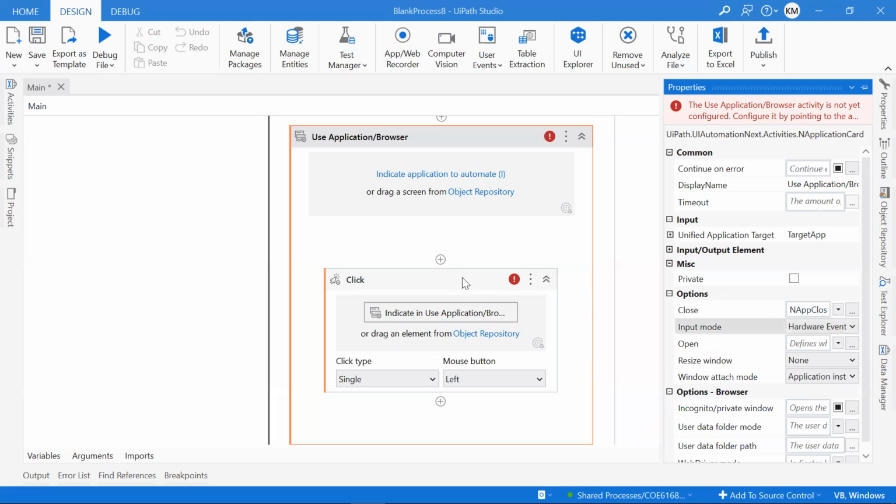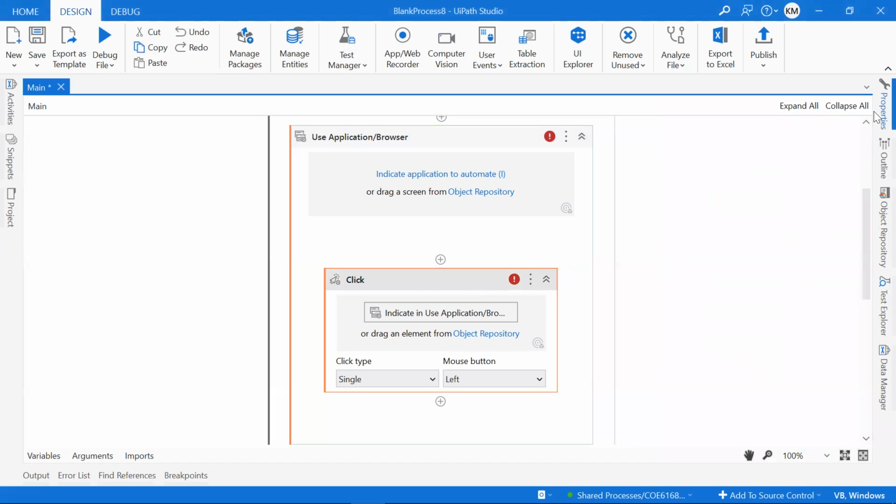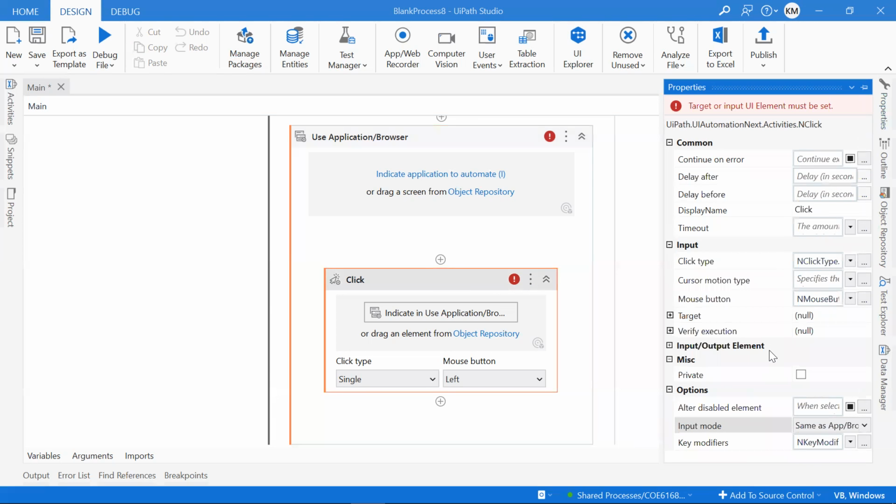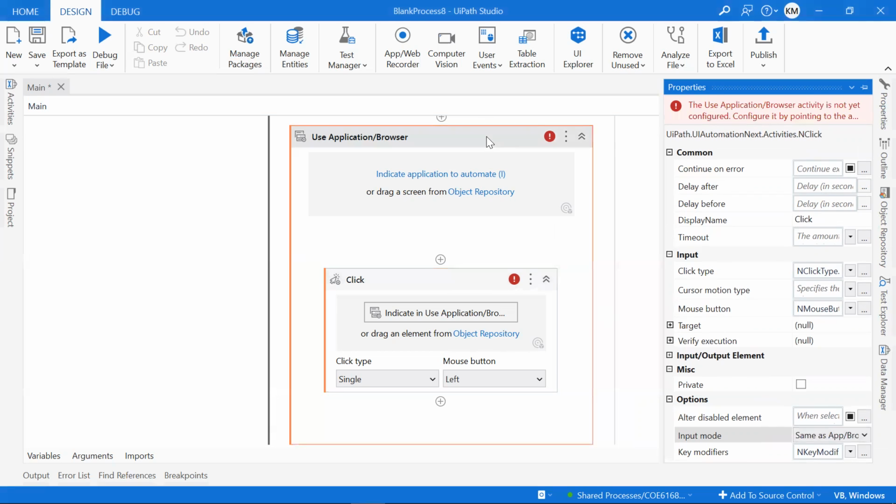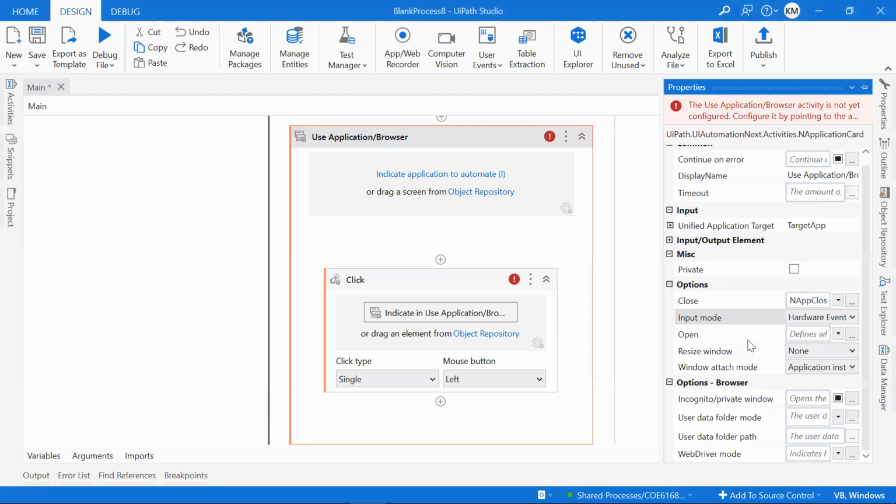See, this click activity has an alter-if-disable option, right? What is that alter-if-disable going to do? If that thing is not working, it will automatically change to some other input mode and check it out, right? The same thing applies for this browser; they have given alter-if-disable, but